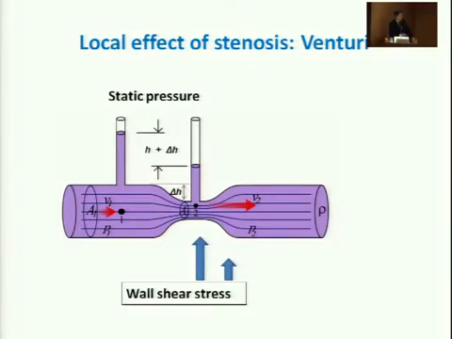And the reason is that if we have a narrowing, there are several forces involved. The static pressure decreases thanks to the Venturi effect, as we know from physics, and there are also changes of wall shear stress. But the blood flow makes turbulence here, and it is the turbulence which constricts the blood flow. So it's not the narrowing itself, but these are the fluid dynamic forces which cause the